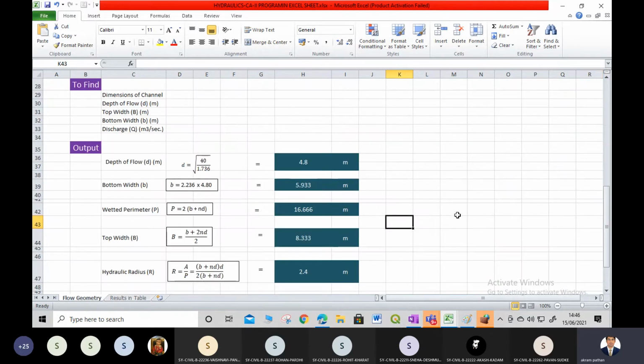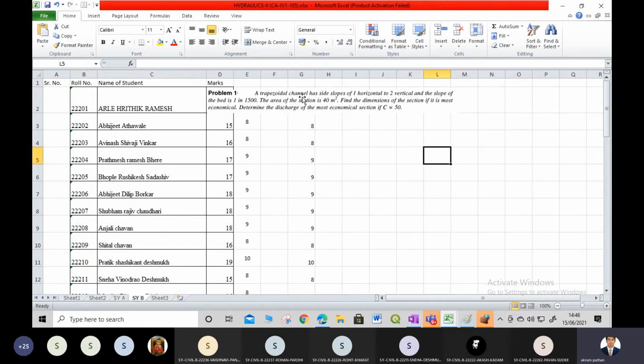So this is how the CA2 is. Each and every student will be assigned a problem like this. This is the problem for the first student. For example, this problem is not assigned to the earlier student Ritik; you will be given another problem, but at this stage you remember. And for the second student, the second problem will be on another topic, okay.